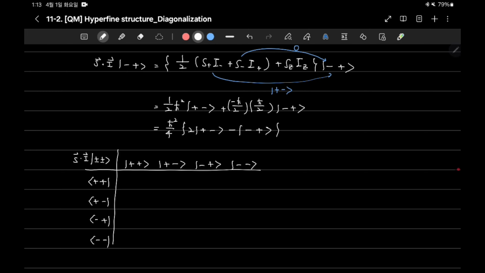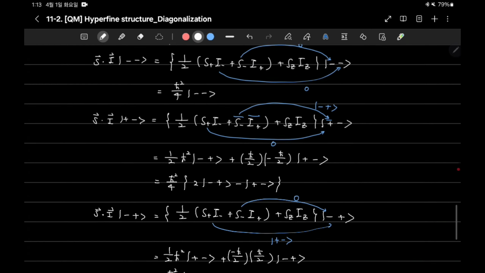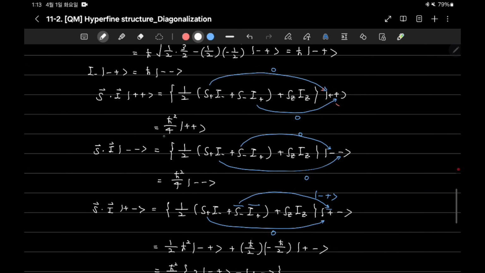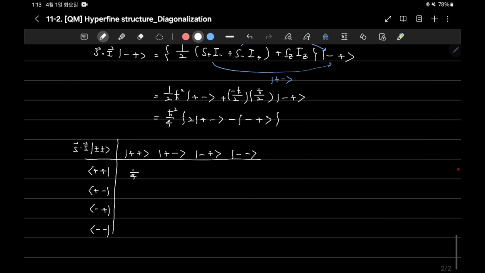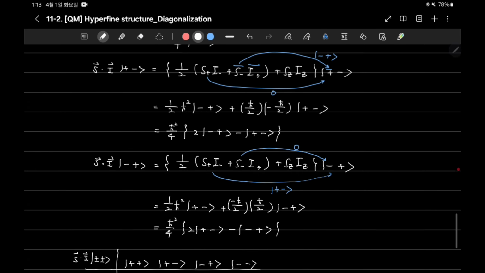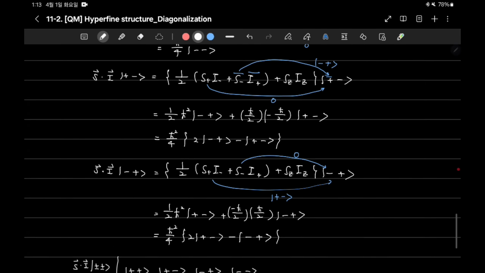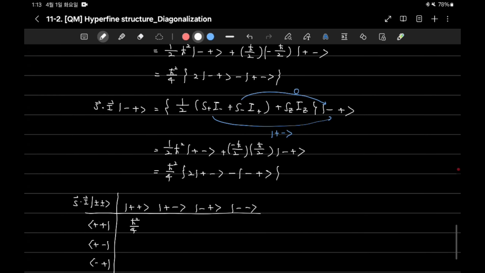Then from this, the plus plus makes that here like this, 1/4 ħ², and also plus minus, plus minus, plus minus, like here. Then we apply the plus minus, then the plus minus, it makes that it is